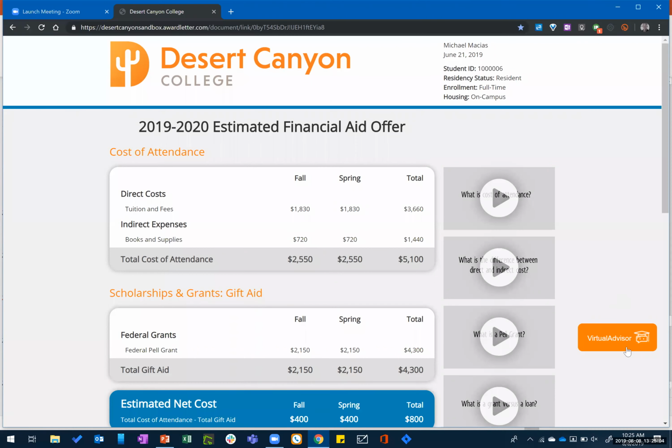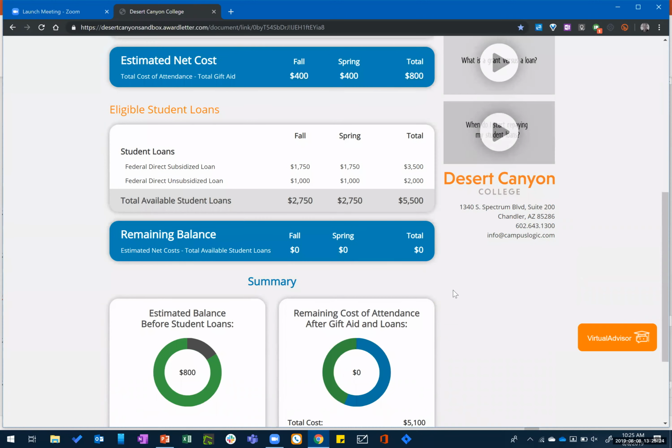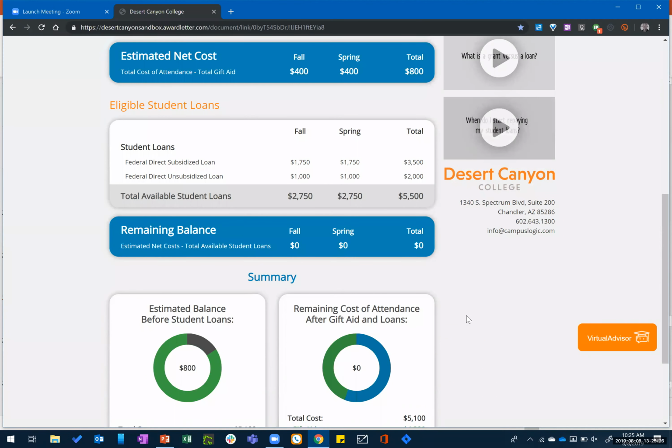Now this same widget that I'm going to show you here can also be placed on your websites, on web pages of your choosing, or this complete interaction that I'm going to have in a moment can be had in any of those other channels. So imagine I'm scrolling through my award letter and I have a question about my financial aid or about my circumstances.